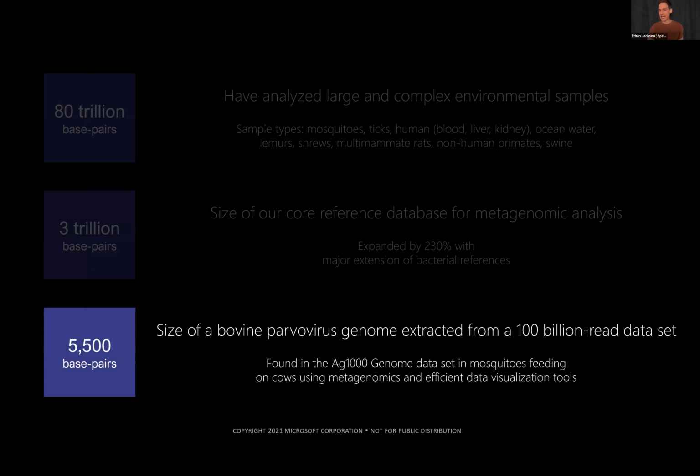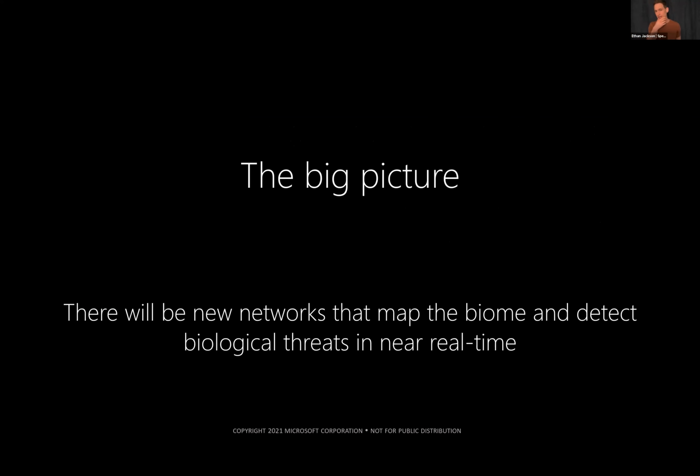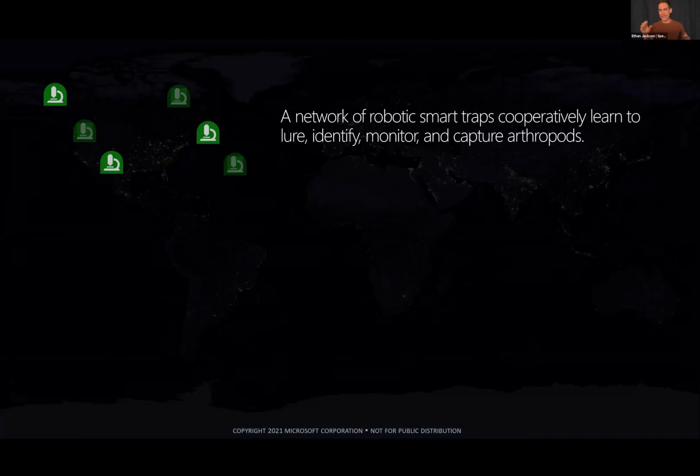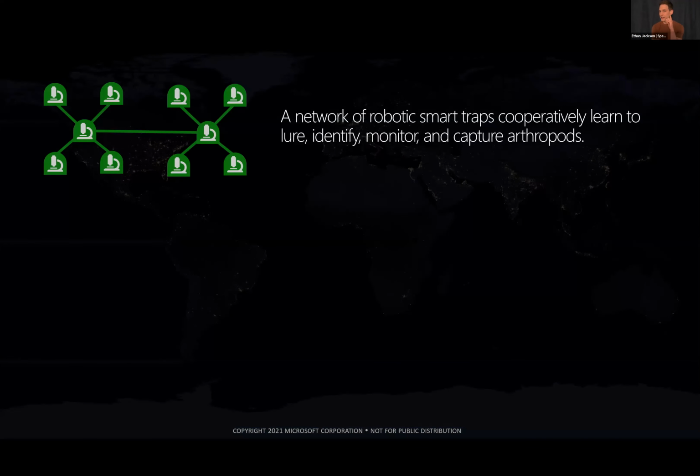And in terms of needle in a haystack, we want to be able to efficiently find those needles. This bovine parvovirus is a 5.5 kilobase virus fished out of a 100 billion read data set, and we didn't even know we should be looking for it. So, big picture, and I'll maybe stop here. The big picture is, I think, there will be new networks that can map the biome and detect biological threats in near real time. The approach that we're taking is to start with a network of robotic smart traps